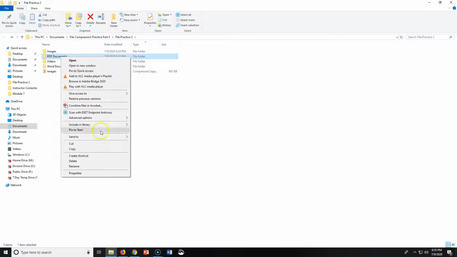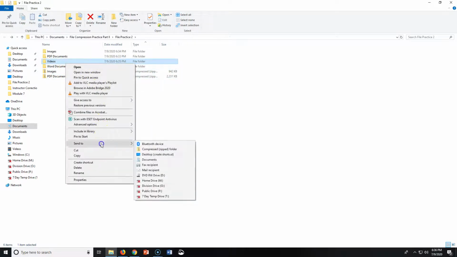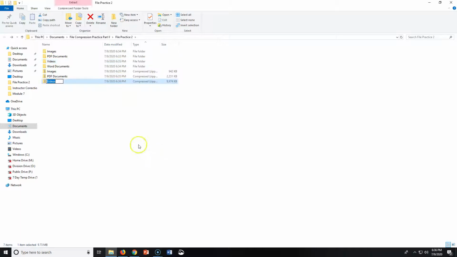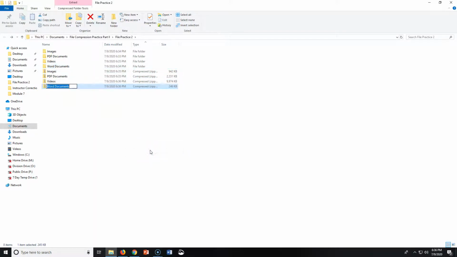And I'm just going to go down the row, hitting enter each time to accept the default name that it gives me. They can share a name because they're different file types. This is a folder document. This folder is just part of the structure of the hard drive. These are actual files. So this is a zip file. This is a different zip file. So this is a different zip file. And that's why we get away with sharing the exact same name. Otherwise, we might have to change it a little bit.